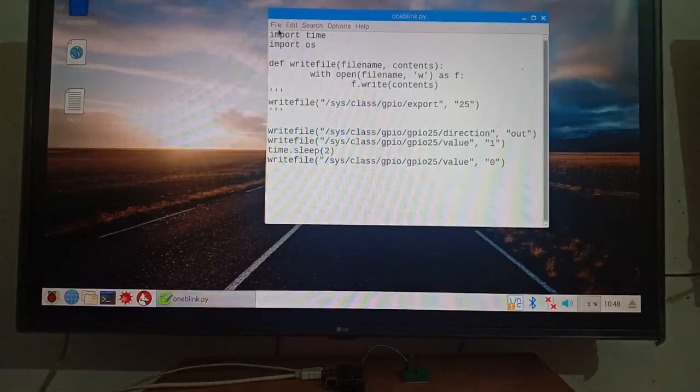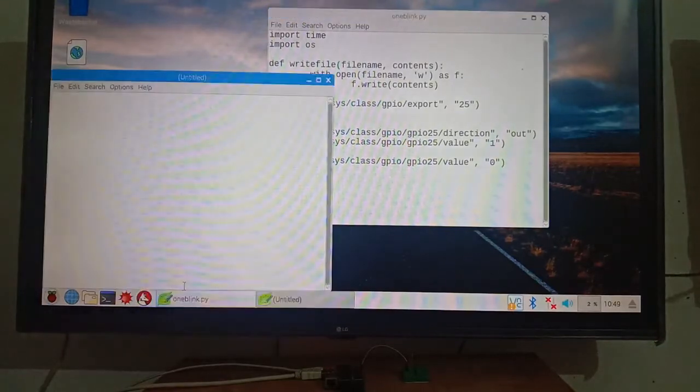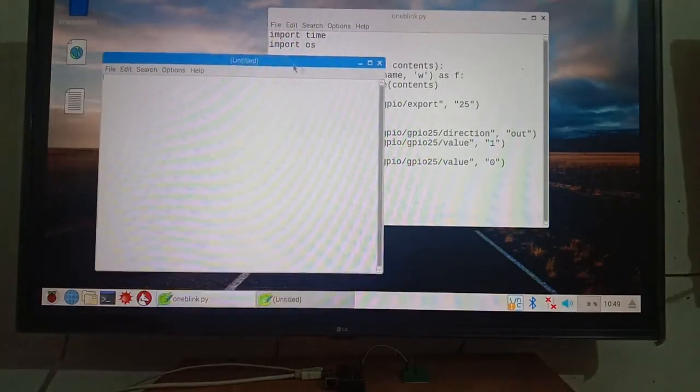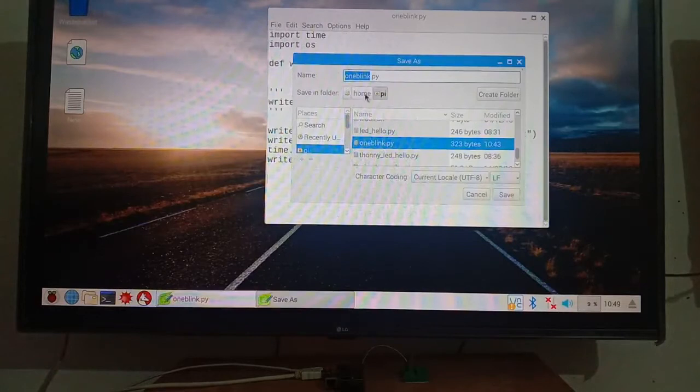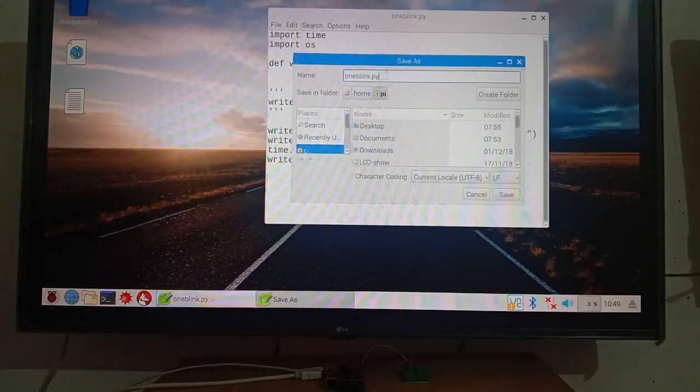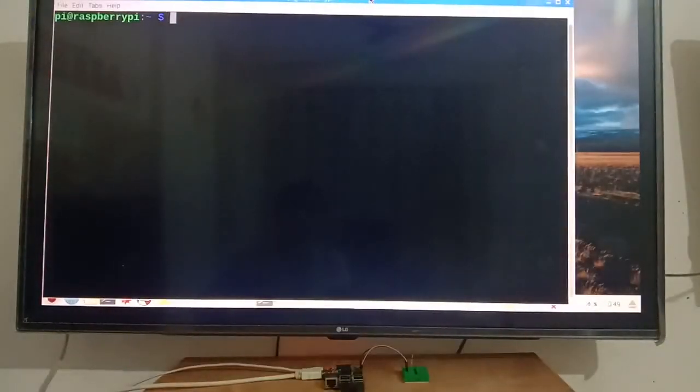After writing this on the notepad, you find the notepad under accessories and text editor. You can use this text editor here and write it down here. I have already saved it. How you save it is you go to save as, and then normally we save in home and py, and then write down the file name here. Don't forget to put the extension also, and then you save. I have already saved it, so I am not saving it again. Now you can call it because it is there in home py.